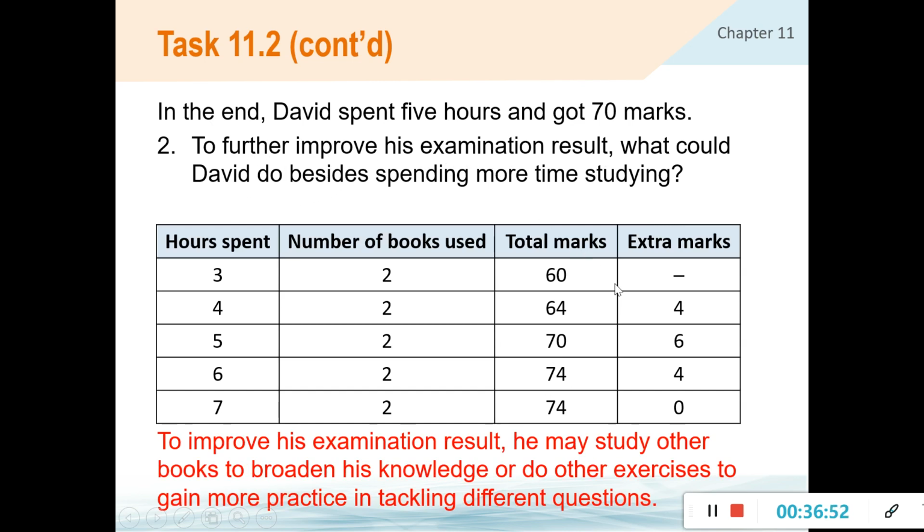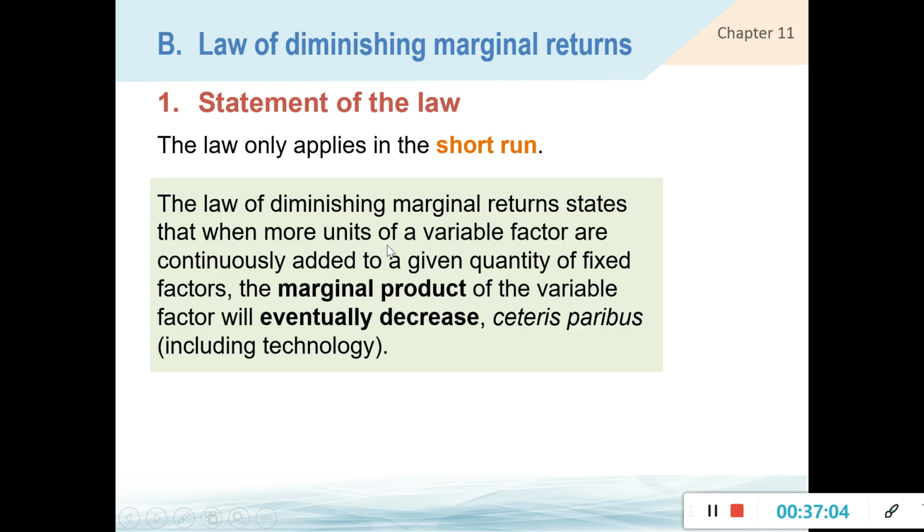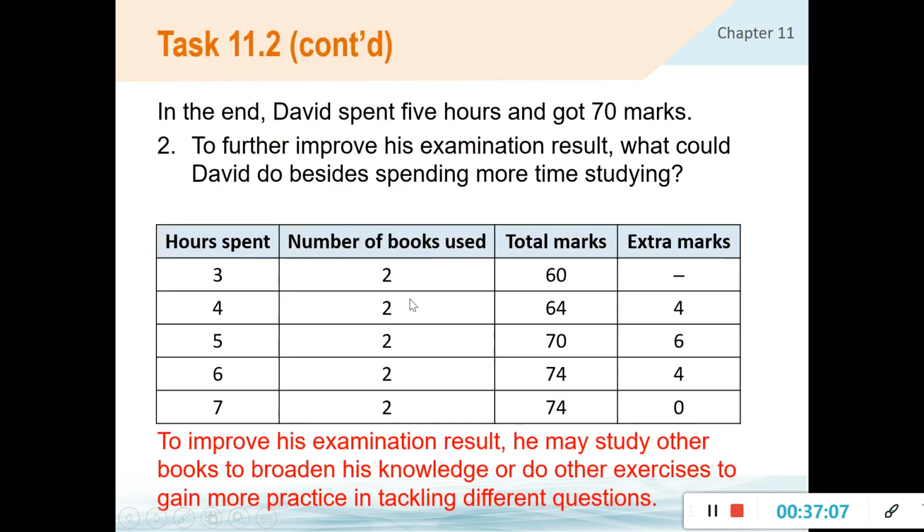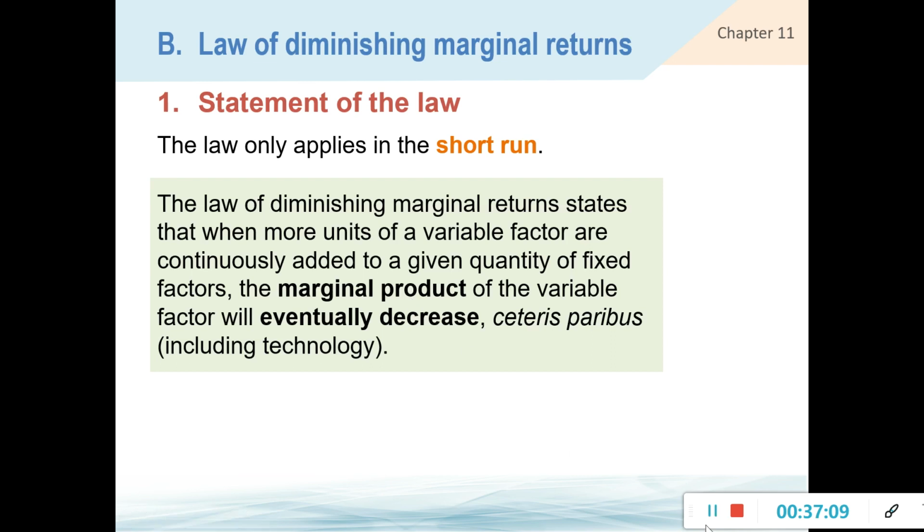呢一度話佢就話咯，to further improve his examination result, what could David do besides spending more time? OK，to study。咁又可以點樣做呢？其實可以睇多啲書咯，或者做多啲練習咯。咁就唔係淨係 spend 嗰啲時間落去睇嗰本書啦。好啦，咁點解我頭先要講呢一樣嘢呢？我就想講一條 econ 嘅 law 啦。咁首先，同學你要記得啦，呢一條 law，the law only applies in short run。OK，you have to bear it in mind。